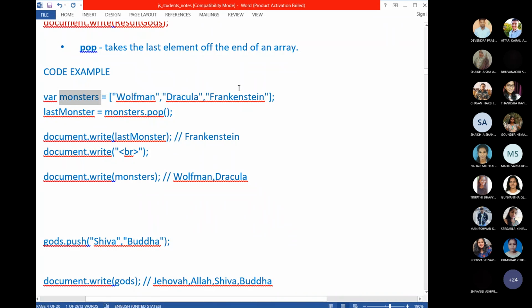Using pop, you removed the last element, so right now monsters will have only 2 elements. I have shown that in this example too. If you print monsters, you will get the remaining 2 elements. If you print last monster, which holds the removed element, you will get only 1 element. That's it.